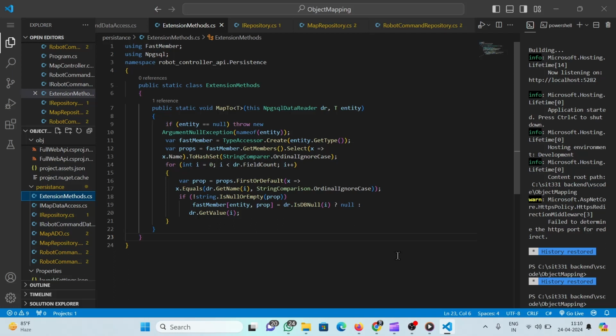Now we enter a loop that iterates through the fields of the data reader. For each field, we attempt to find a corresponding property on the entity object using a case-sensitive comparison of property names. If a matching property is found, we check if the value in the data reader for the field is null. If it is, we set the property on the entity object to null. Otherwise, we retrieve the value from the data reader and set the property on the entity object to the value. And that's it. The MapTo method efficiently maps data from an NpgsqlDataReader to an object of type T. Now for the next file, that is